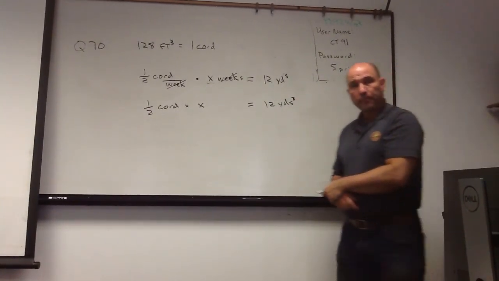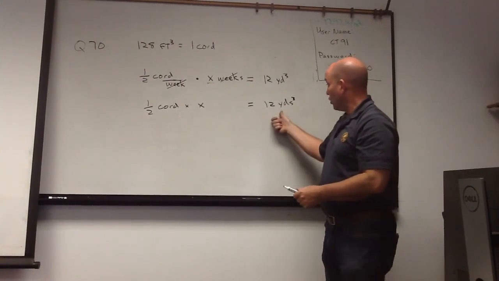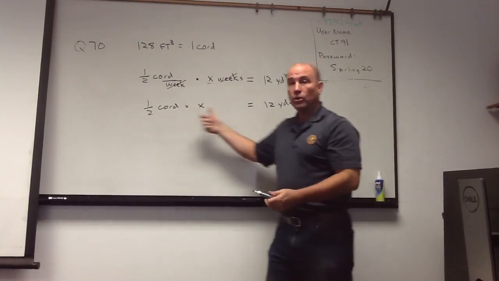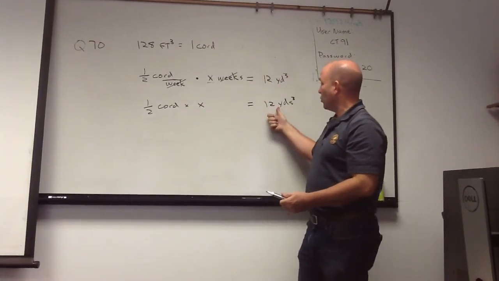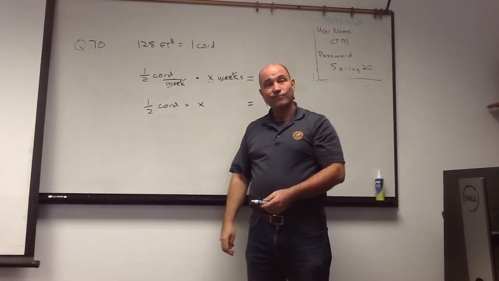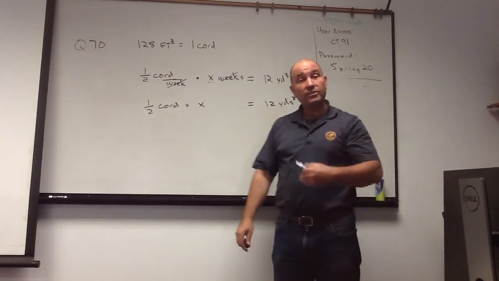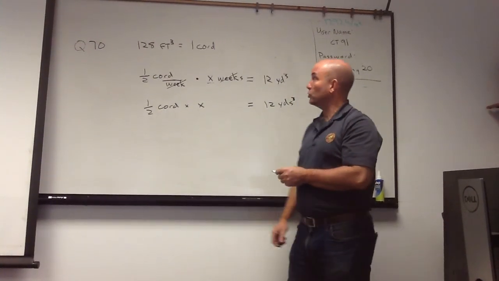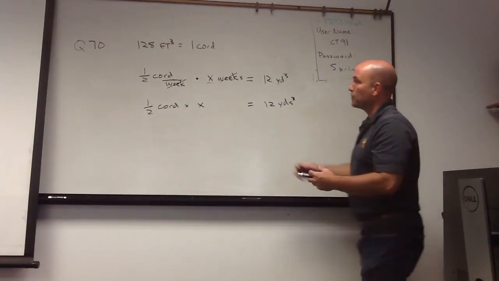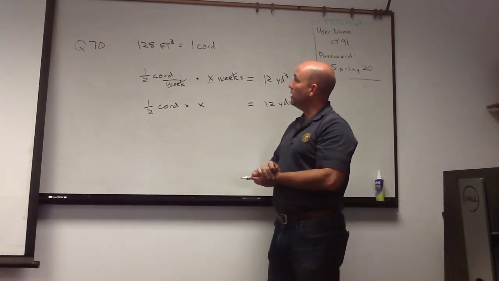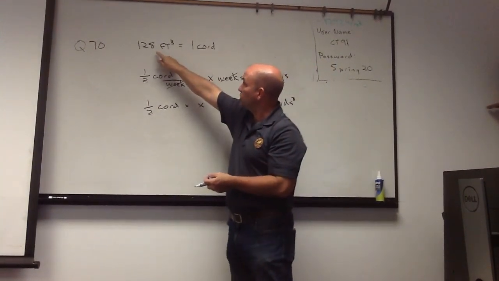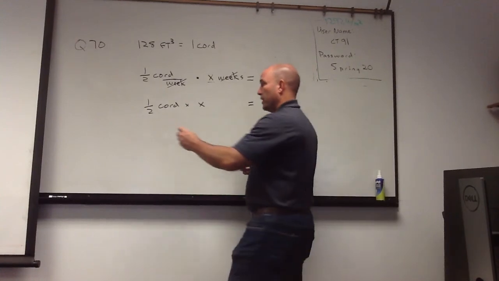But what's our problem? We have it in yards cubed. We have a half cord there. We don't know the conversion between cords and yards because we have it in cubic feet. So what do we do? Well, we're going to have to do a step-by-step kind of conversion. What we can do is we can say, okay, well, probably the easiest thing would be to convert the cord into square feet or cubic feet. It says here that 128 feet is the same as 1 cord,